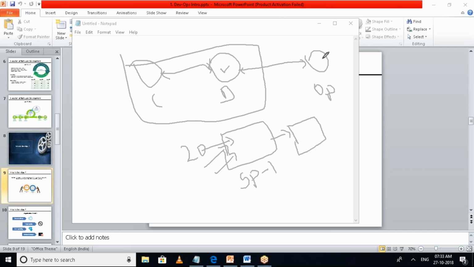So they have to make sure that the machine is always up and running. And the application is also properly configured in such a way that there is no downtime to this application or a product, isn't it? So they have to make sure that the product is always highly available to the end user.